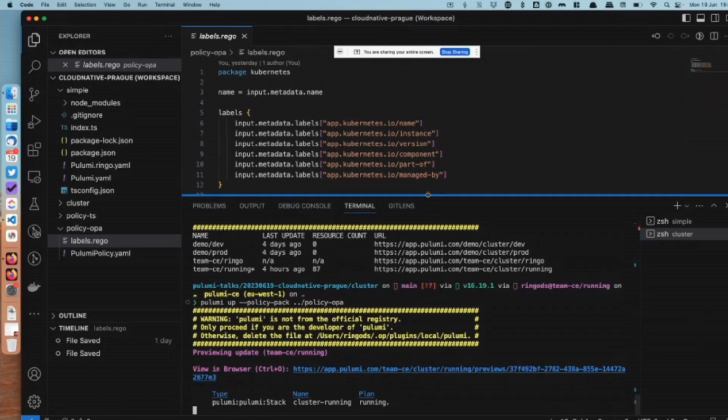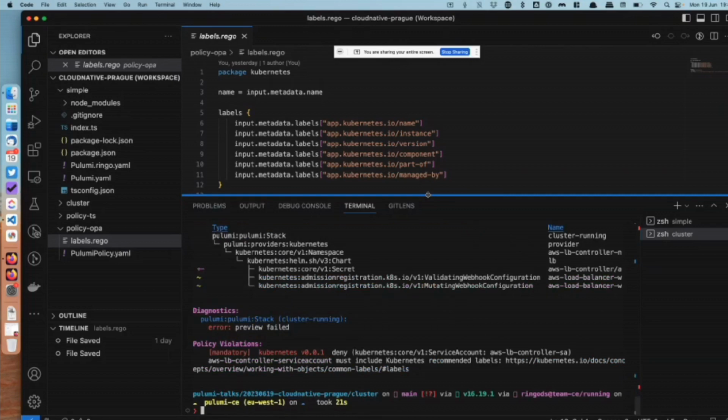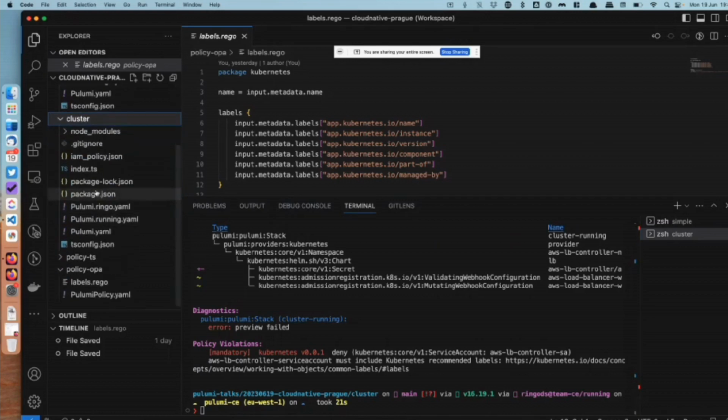So you can say to yourself that this is already the preview phase where, before really executing, the whole policy will also be verified. Yeah? And here you see, for example, that the Kubernetes policy pack version 0.0.1 had a deny and is missing these recommended labels. Yeah? And going back to, for example, our cluster